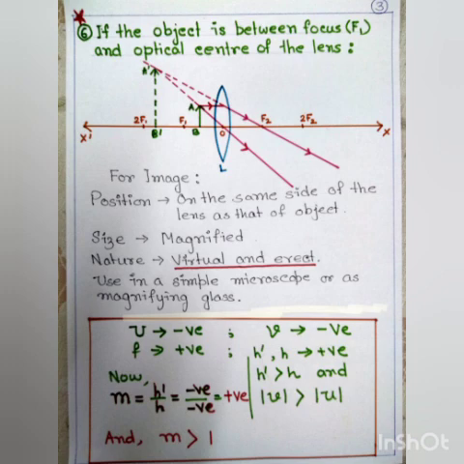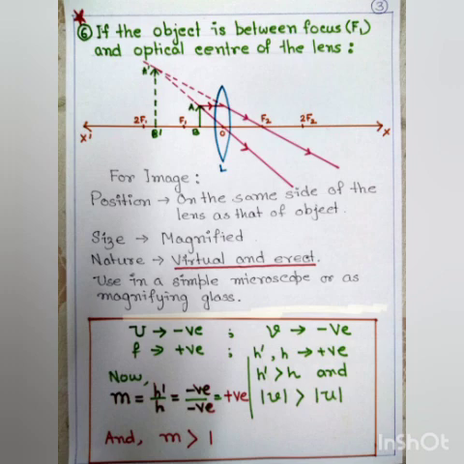So therefore, we will get a virtual image here, and see, this is the only situation for the convex lens where we will get a virtual and erect image. Therefore, this last condition for the convex lens is very important. The only situation for the convex lens where we will get positive magnification, and a virtual and erect image.